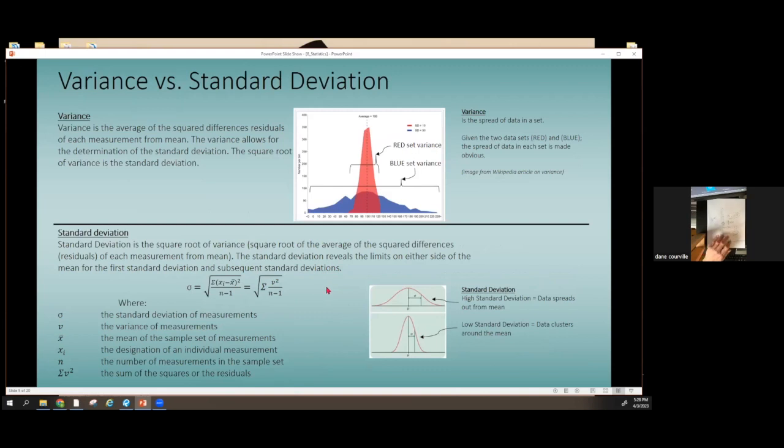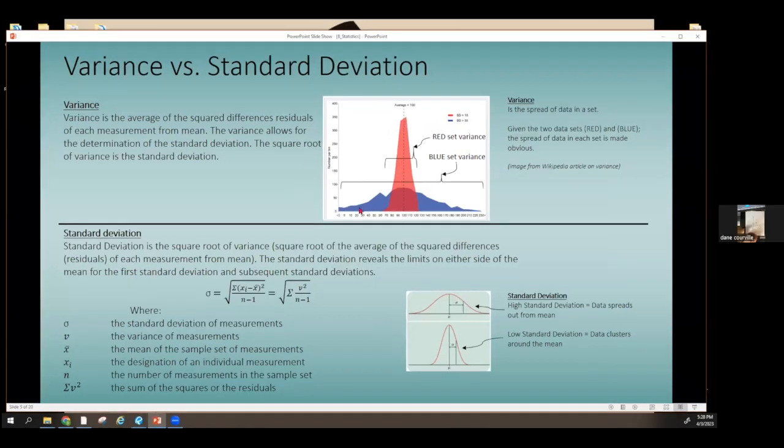Also, with standard deviation, if you have really good tight data, which means your variance looks more like the red data set than the blue data set,